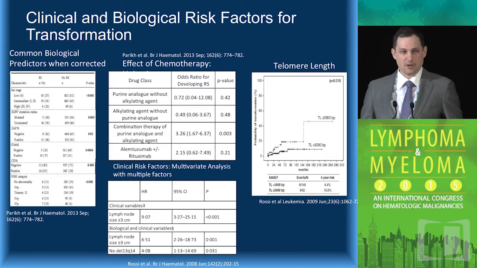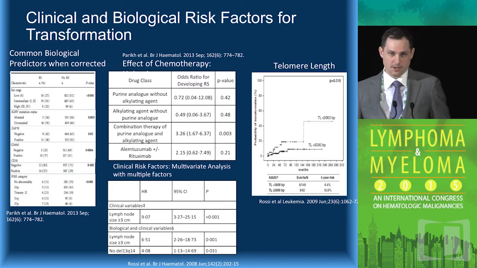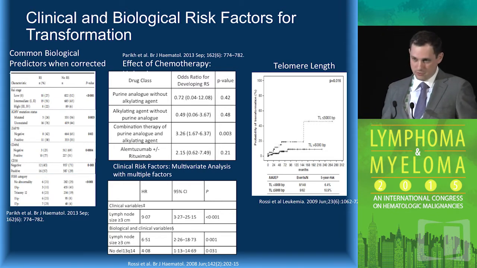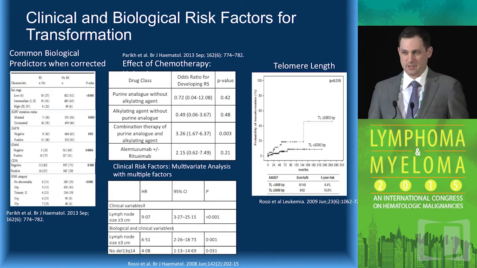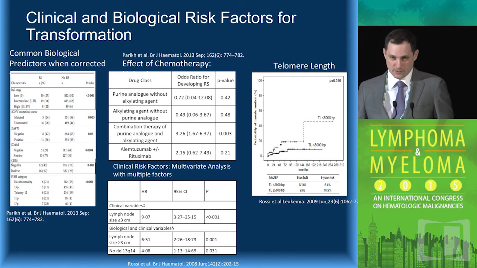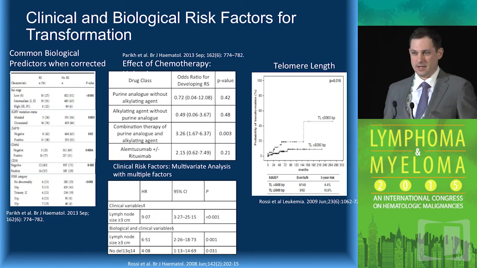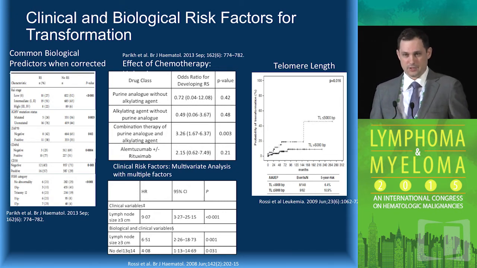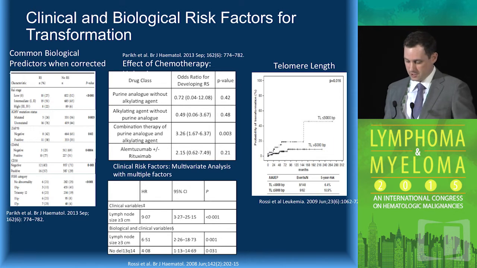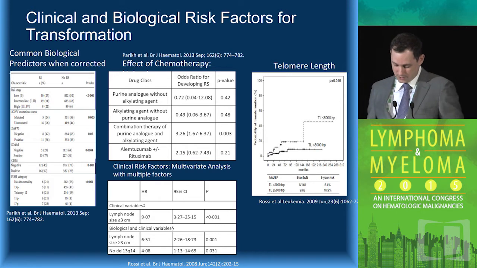What we do see, though, is if patients are presenting with big, bulky lymphadenopathy, David Rossi has shown in the Italian group that he works with that bulky lymphadenopathy greater than 3 centimeters is an absolute risk factor. Others have shown it's 5 centimeters, but regardless, it's true. Bulky lymphadenopathy is the major clinical risk factor that has come out repeatedly that shows a patient to be higher risk. Interestingly, they find, and this has also been repeated, that deletion 13q patients actually have the lowest risk of transformation. There's some theories about the genes that are implicated in transformation. We'll talk about that later.